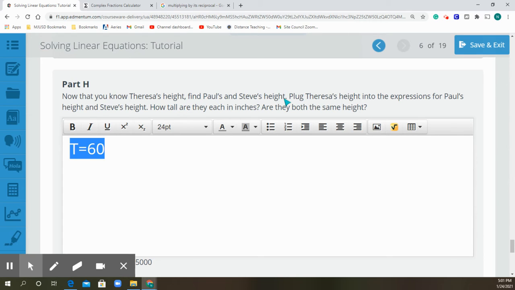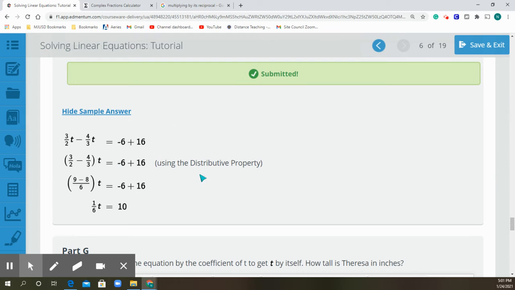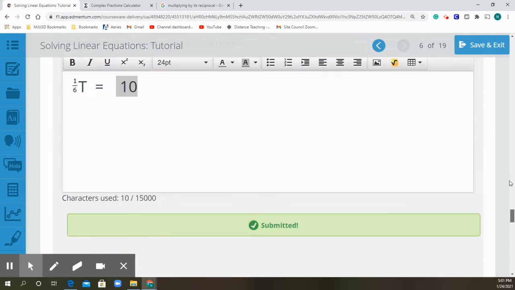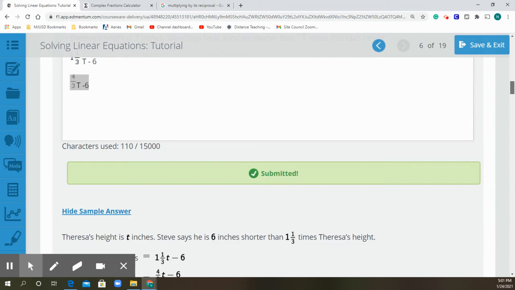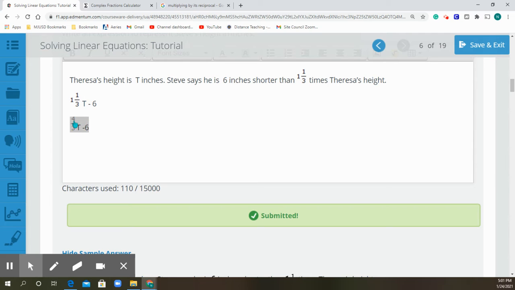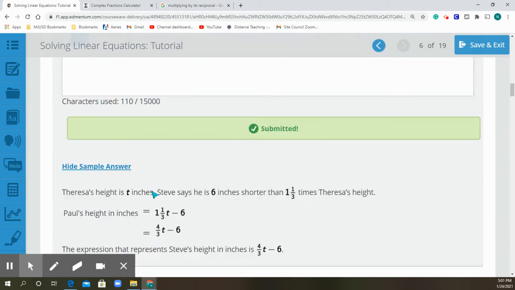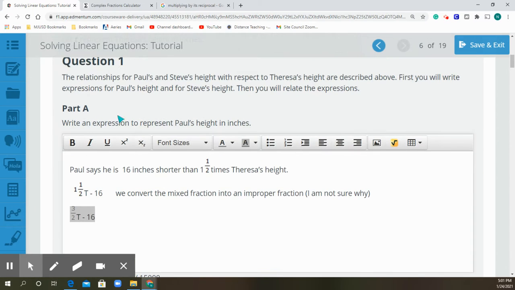Find Paul's and Steve's height. And the way you do that is to plug Teresa's height into the expression for Paul's height and then into Steve's height. How tall are they each in inches? Are they both the same height? So this is the check. So if we get that T equals 60 and we plug it back into the one for Steve's height. Steve is 3/4 T minus 6. And then we do the same thing for Paul, which was the 3/2 over. All right, so we're going to do that. So for Paul, we're going to cut that,